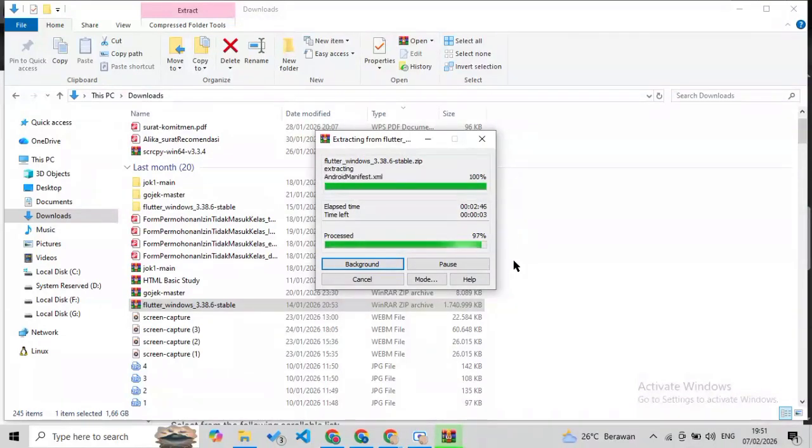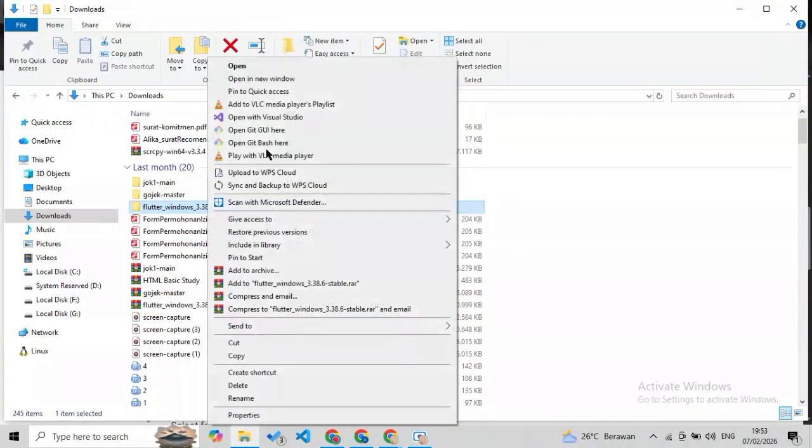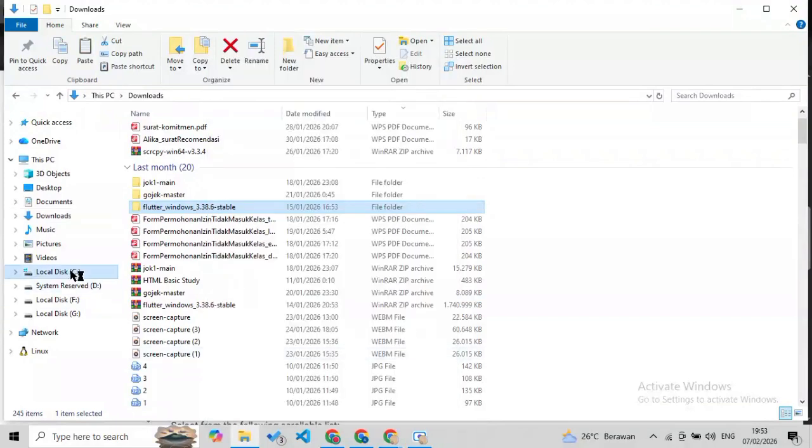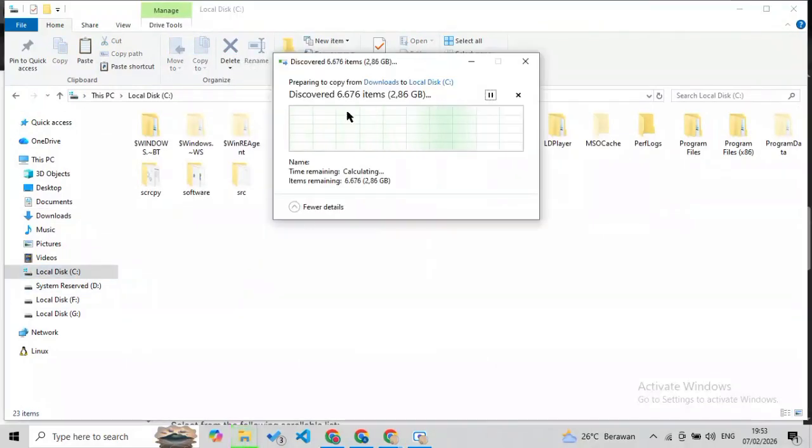Wait for the extraction. Now, I usually place the Flutter folder in a simple directory, for example, in Drive C.